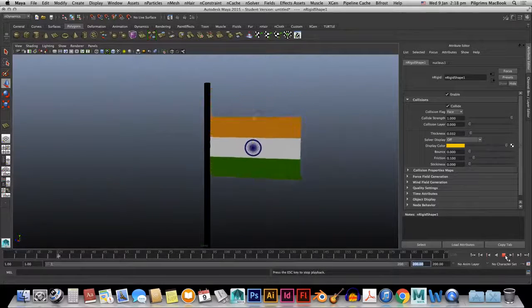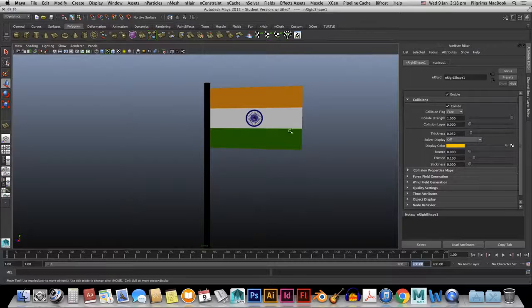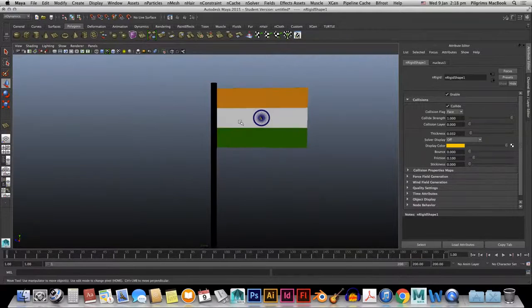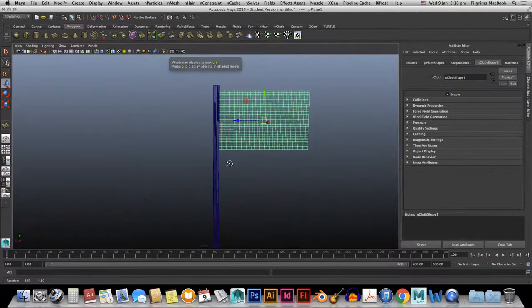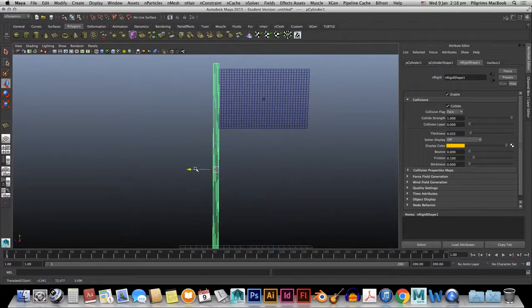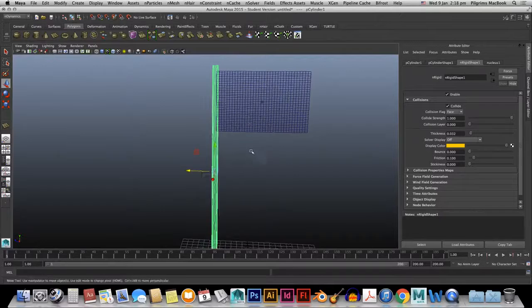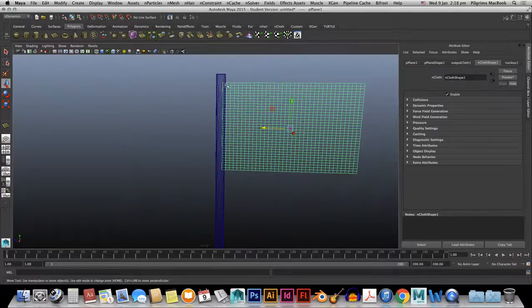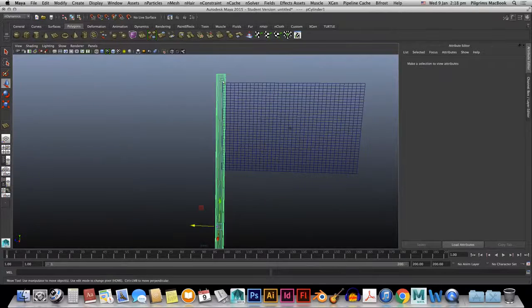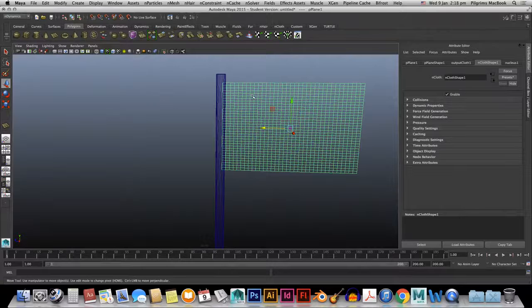As you can see, the cloth is going down because we haven't set the initial position of it. For that, I will just go to 4, which is the wireframe mode. Select this and just move it a little bit inside it so that both of the parts get collided with each other. As you can see, this part is getting collided and getting inside of this cylinder. We'll select this cloth as we have used the nCloth which is inside the nMesh.